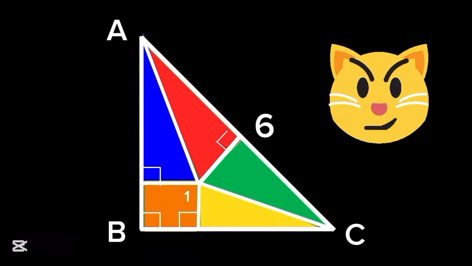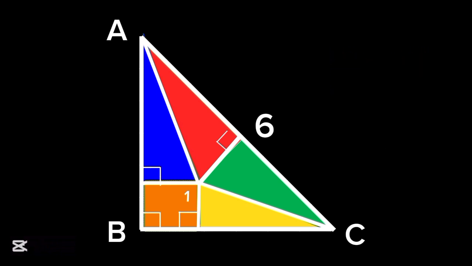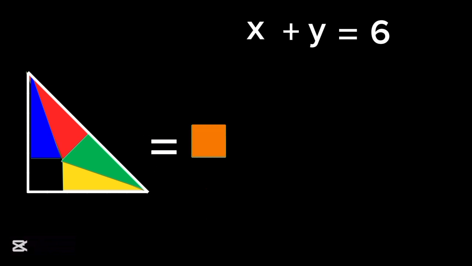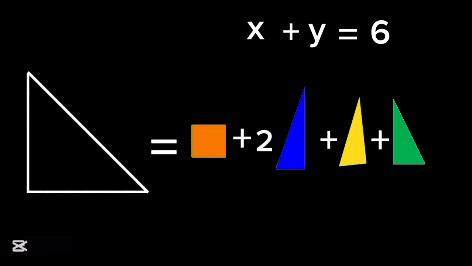The tangent lengths from vertices A and C to the points where the circle touches the hypotenuse are x and y respectively. From the geometry of the hypotenuse, we can write x plus y equals 6. The total area of the triangle can be found by summing the areas of its components. Total area equals area of square plus area of upper pair of triangles plus area of lower pair of triangles